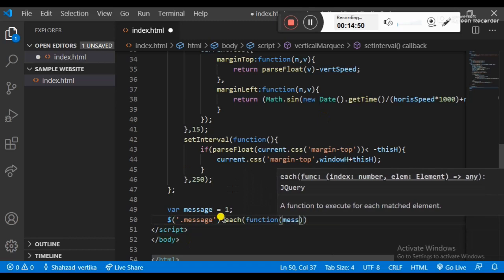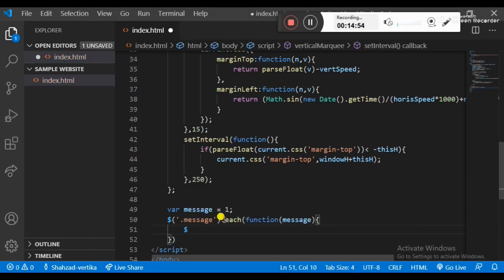After this, dollar this .vertical, vertical mark message.